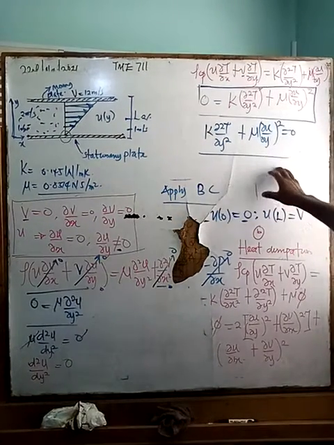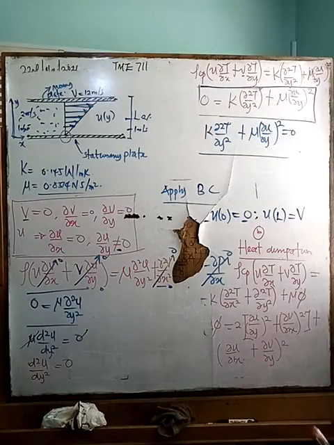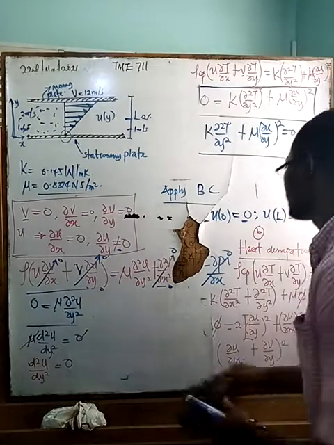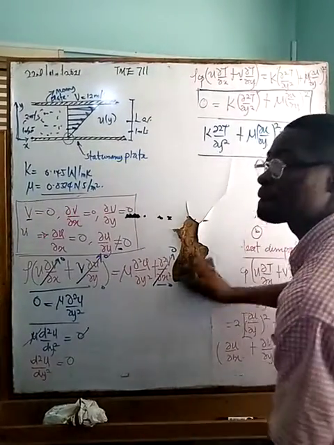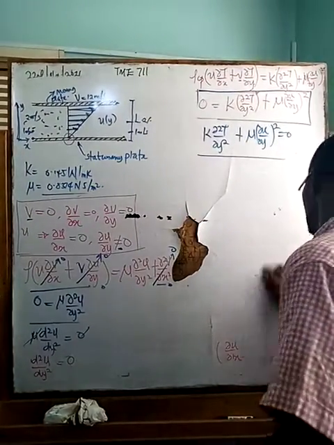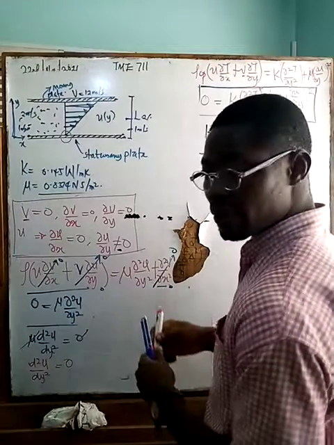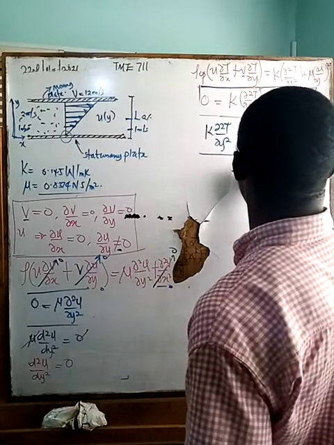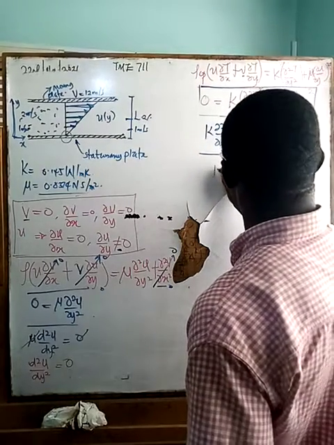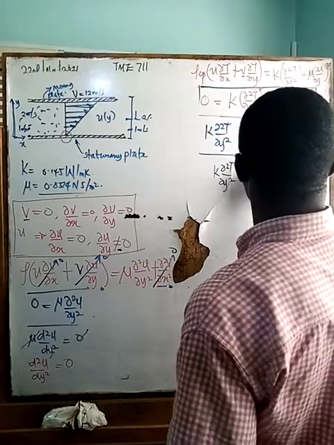So now we are going to integrate this equation twice to get the temperature function. So from here we can say k d square T over dy square is equal to minus